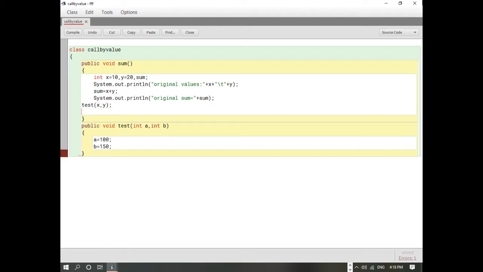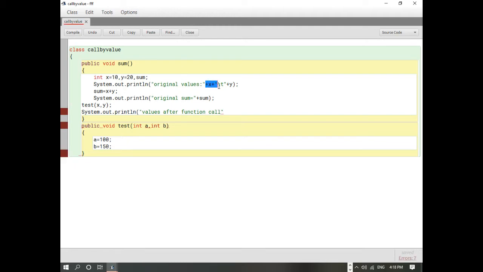And now we are going to print what will be the value after calling the function. So I'm going to copy this, and here we can write down values after function call. So I'm going to print the value of x and y now.